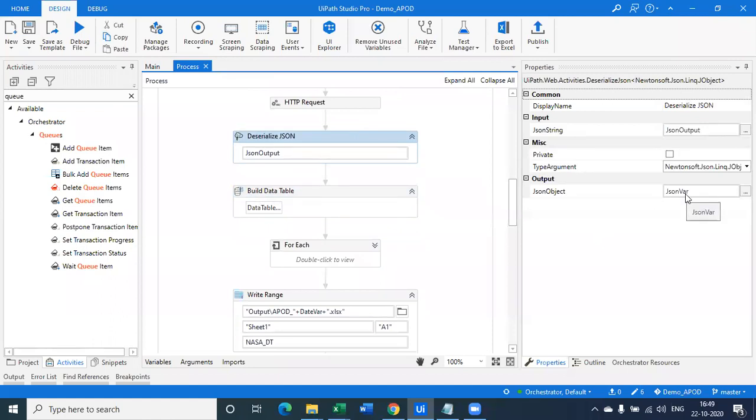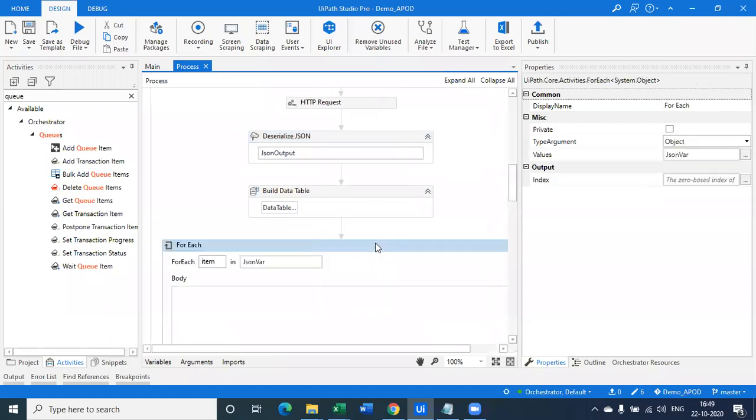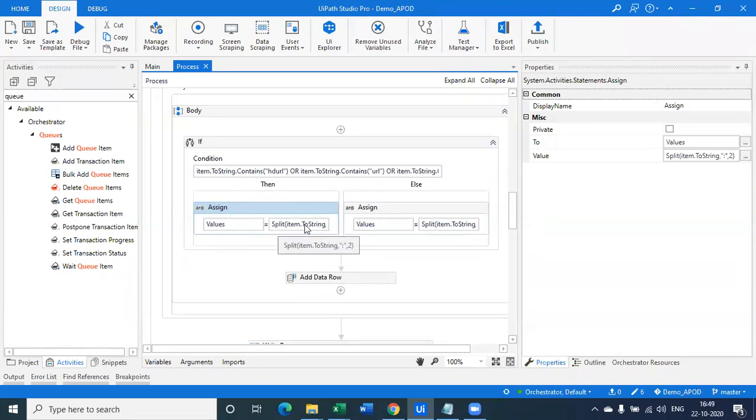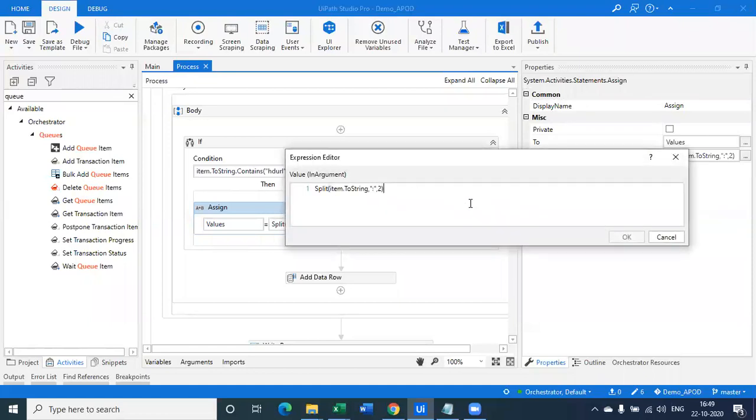For each element in the JSON object, we will first check whether HD URL or title is contained. If HD URL or title is contained, we will use a string array and split the particular item with comma separation. Now, I'll tell you what exactly is happening here.